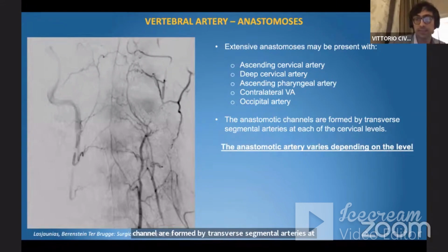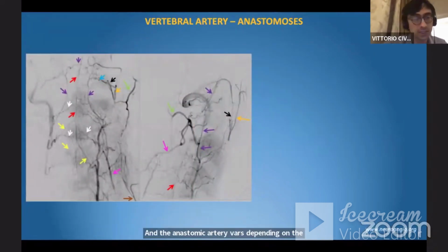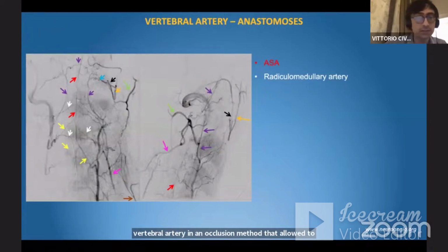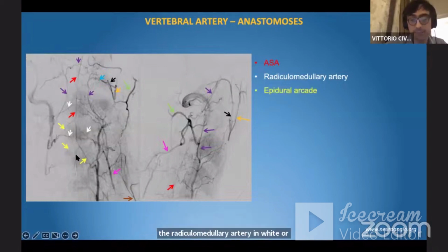And the anastomotic artery varies depending on the level. And this is a beautiful picture. It was an injection of a vertebral artery with an occlusion method that allowed us to identify all these possible connections: the anterior spinal artery in red, the radiculomedullary artery in white, the epidural arcade in yellow, or the odontoid